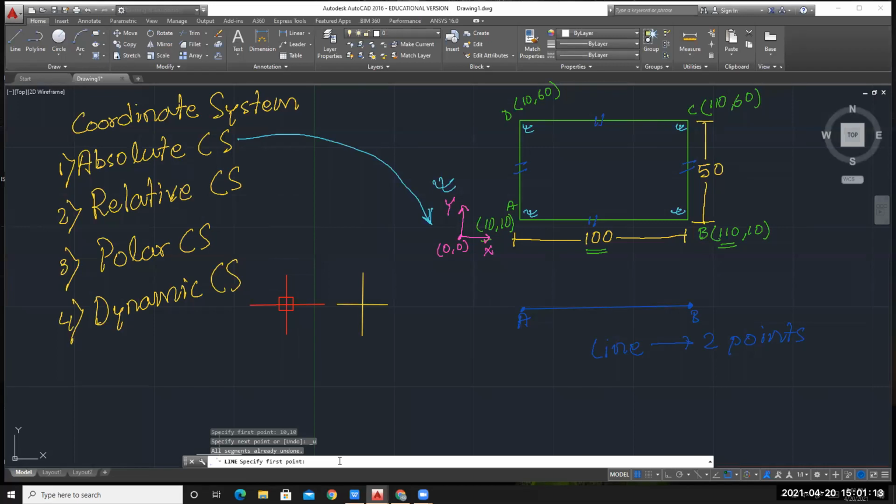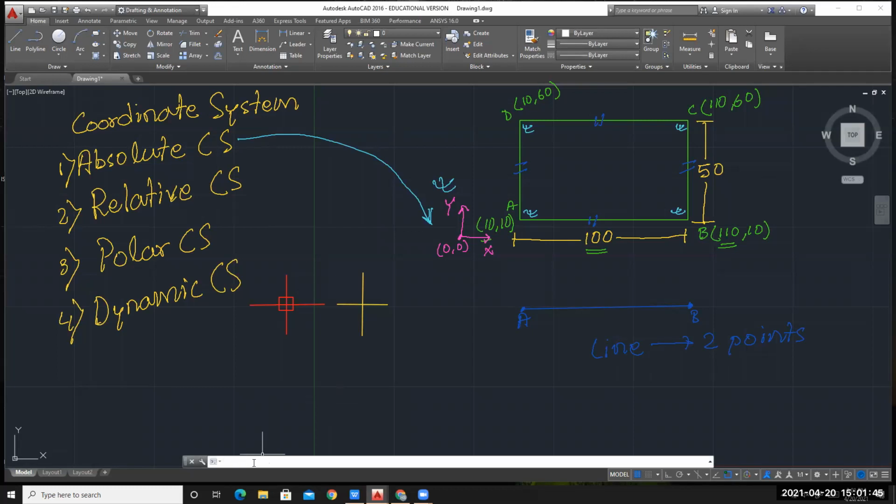So I will press this escape key. Now you can see the symbol of the cursor, two intersecting lines, and at the center a rectangle or a square is there. Watch carefully. By this you can see the difference whether you are in the root of the command or some command is already running. So by the symbol of this cursor you can easily identify.